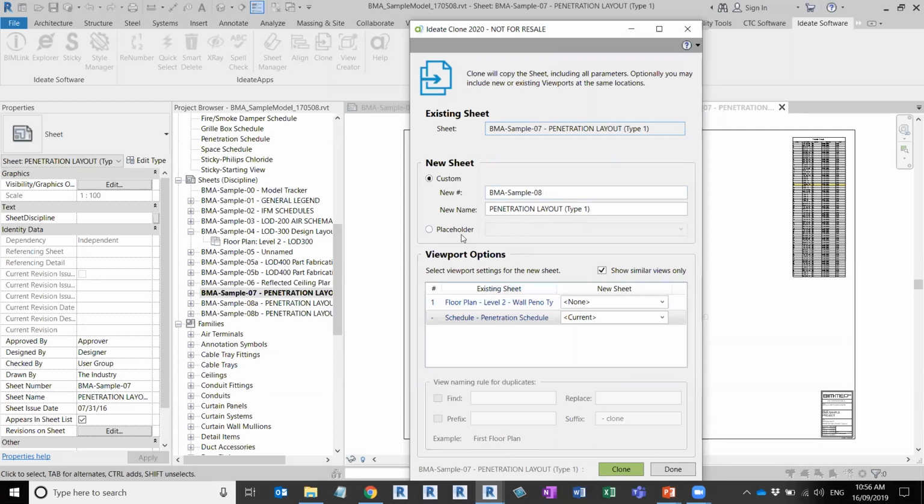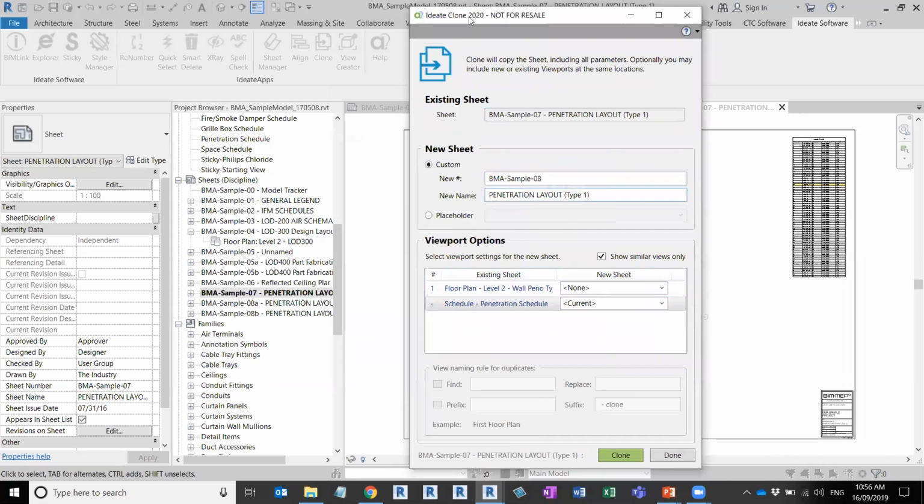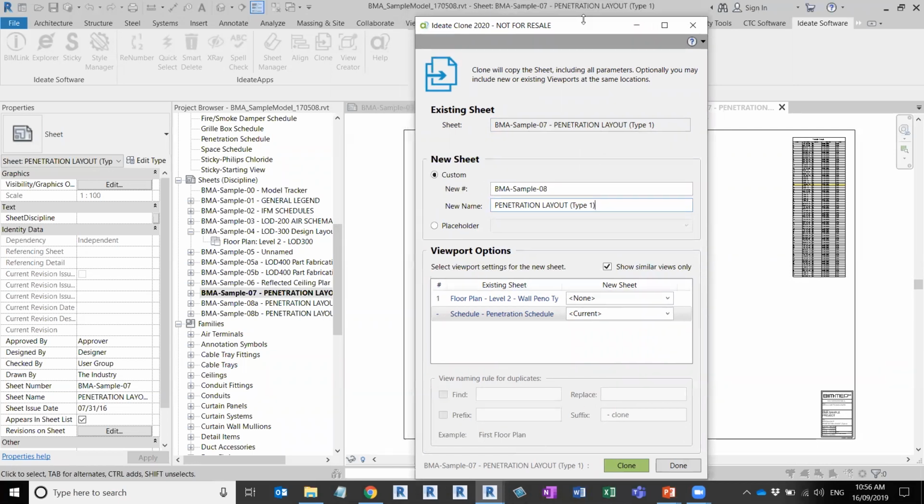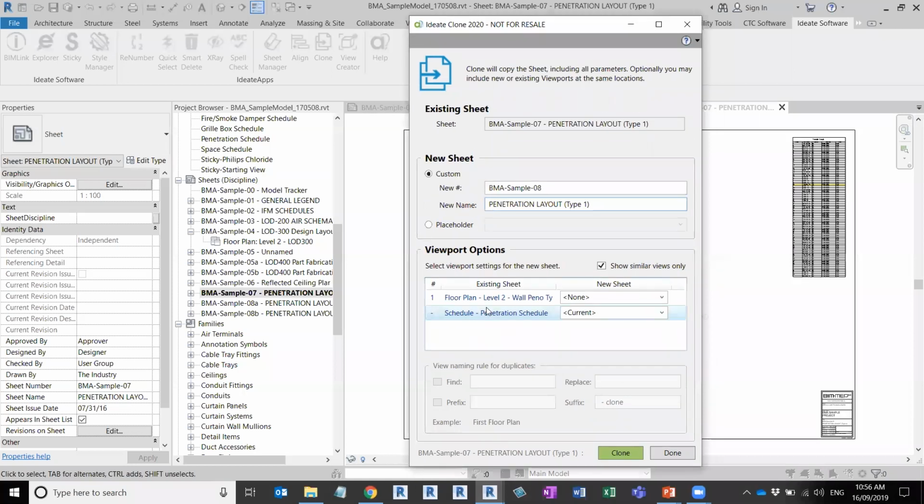I could create a placeholder if I wanted to, but I want to create a new sheet. I could give it a different name here, but I'll leave it as it is. If I move that over a little bit, there's the new sheet and there's the existing sheet. I can duplicate the views if I want. I've got some other options down here for view naming, some powerful tools, so I can do prefixes and suffixes as well if I want to. If I go to clone,